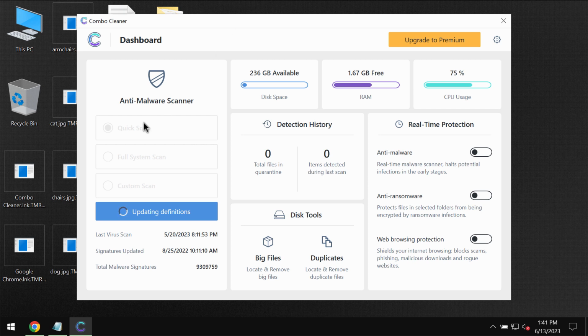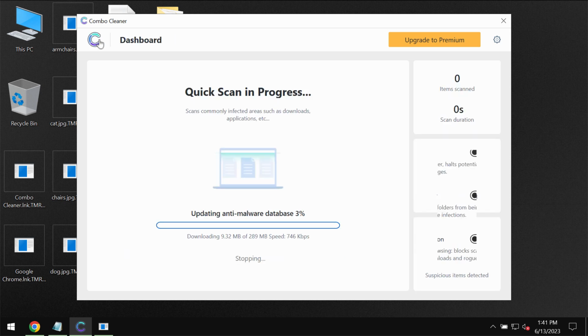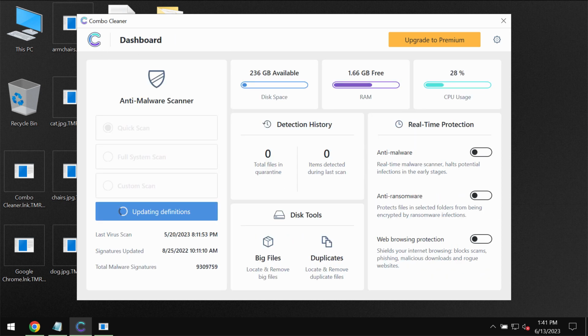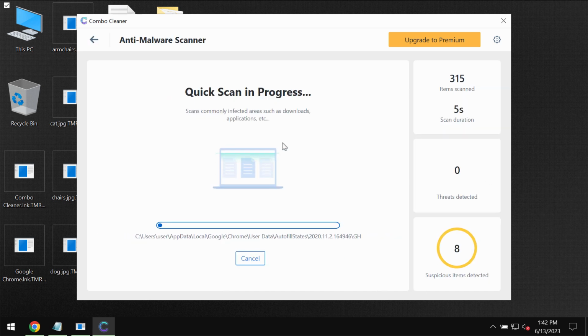Combo Cleaner is initially in the trial mode, so only the quick scan option is available. So then when you click on Start Scan button, Combo Cleaner will begin scanning, researching, and investigating the system, but first of all, it will update its anti-malware database. So, after the anti-malware database has been successfully updated by Combo Cleaner Antivirus, the program begins scanning, researching, and investigating